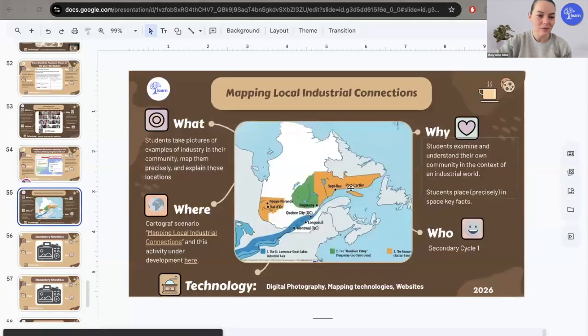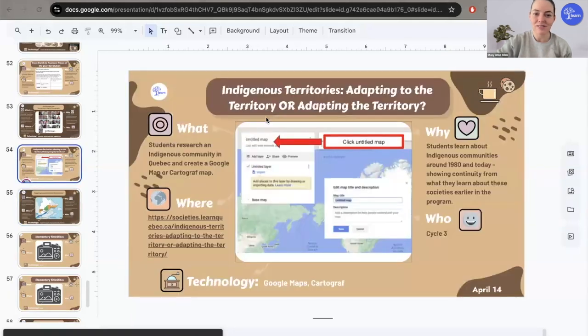So today, my resource is Indigenous Territories: adapting to the territory or adapting the territory. This activity is using a Google map where students have to research an Indigenous community in Quebec and research basically how the community has adapted to the territory or how they have adapted the territory to suit their needs. So it's an interesting conversation to have about humans shaping the territory and the territory shaping us as humans and